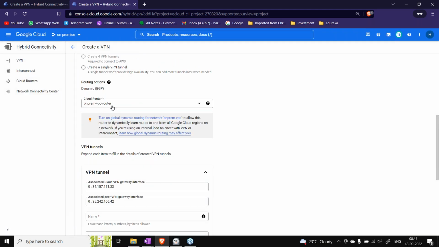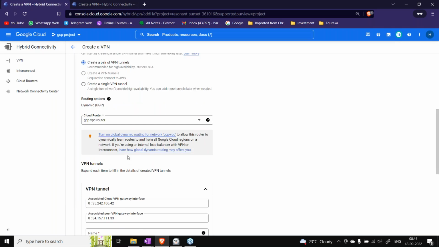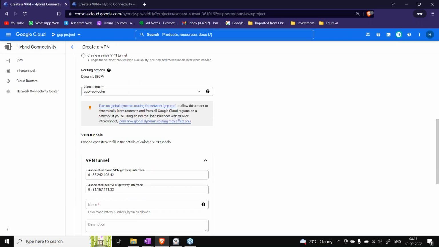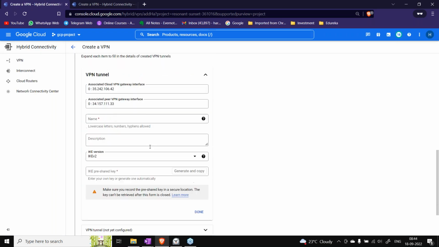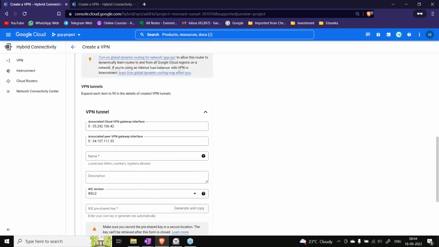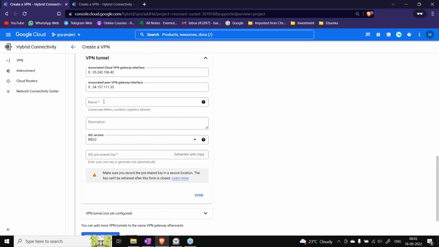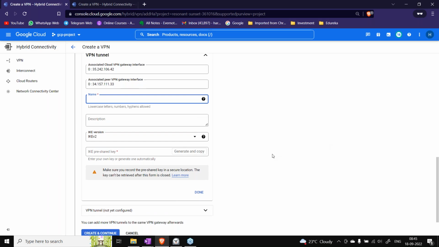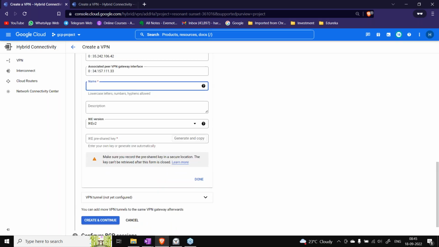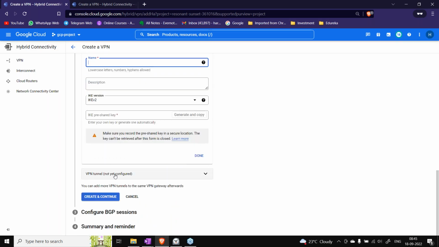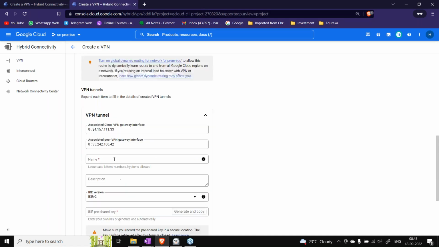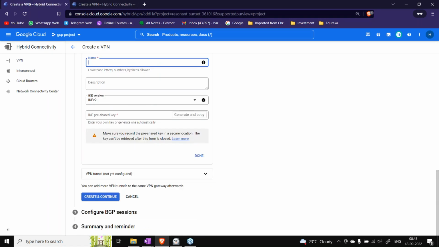Now the router is done on the on-premise and BGP side, sorry, GCP project side, right? So these interfaces are automatically generated. Okay, that's fine. These are the two interfaces. Now we have to configure these two tunnels. So this is the one tunnel, and then there is another tunnel not yet configured. Similarly, there'll be this tunnel and that tunnel, second tunnel, right?